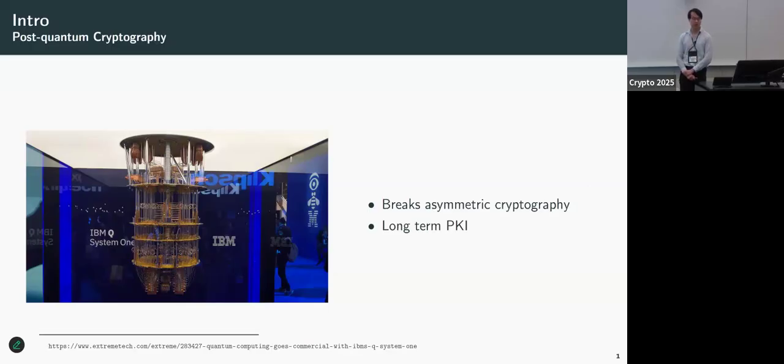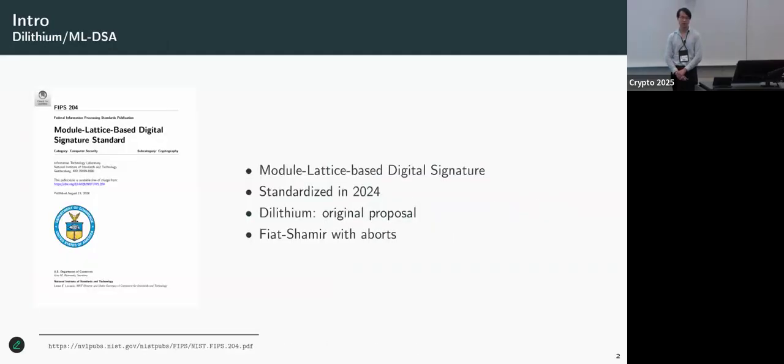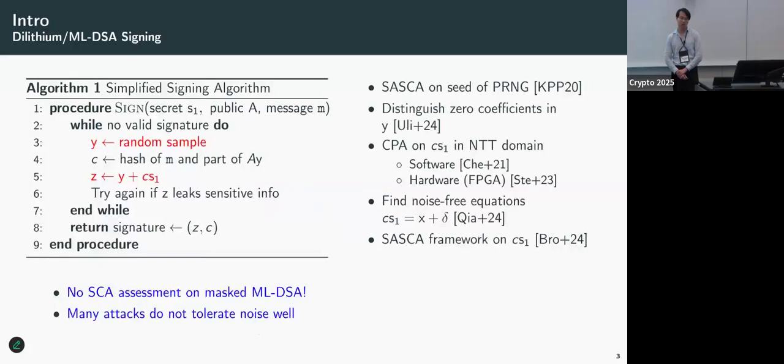As quantum computing becomes better and better, it's expected that the classic asymmetric crypto that we rely on today will be broken at some point in the future. For encryption, it's obvious we need to migrate. This is also the case if we have a long-term public key infrastructure. To address this threat, NIST has standardized the so-called ML-DSA, or Module-Lattice-Based Digital Signature Algorithm in full, as the new quantum-resistant signature scheme. This signature scheme is based on Dilithium and uses the Fiat-Shamir with aborts paradigm. And what this means is that